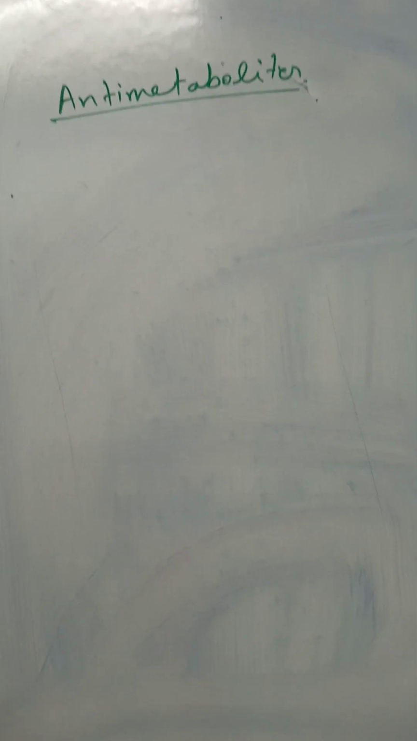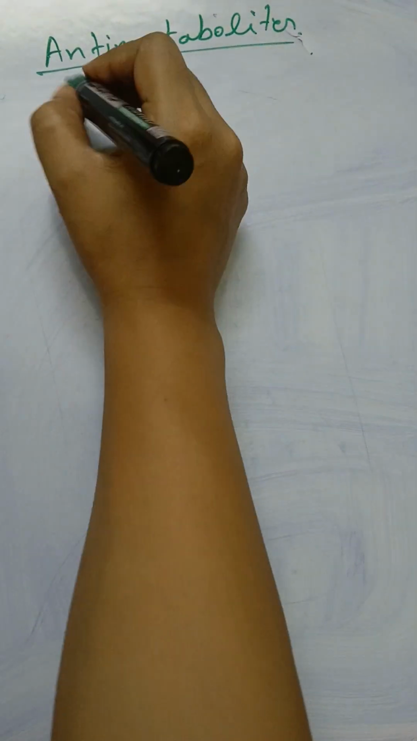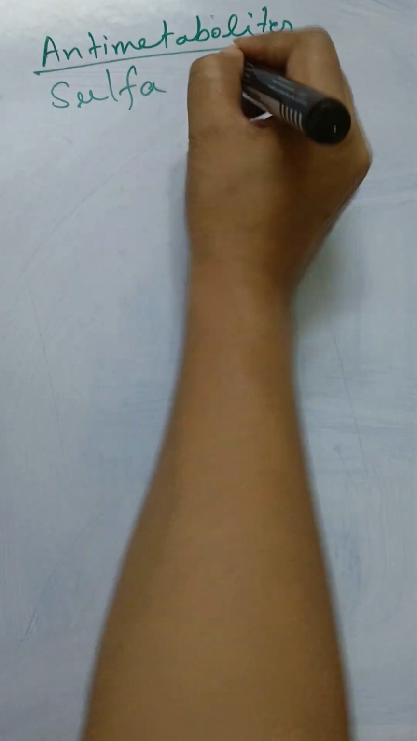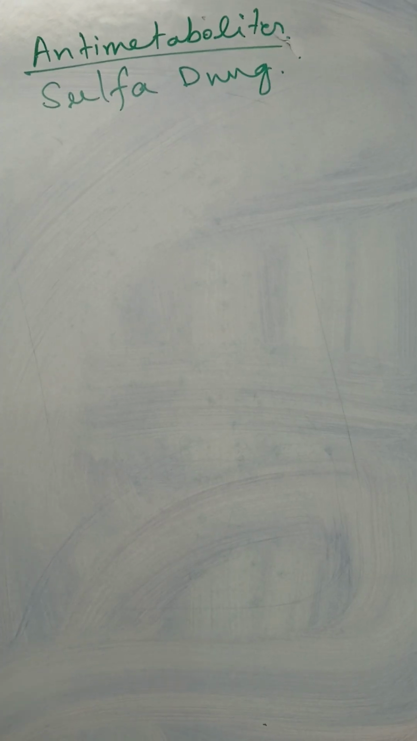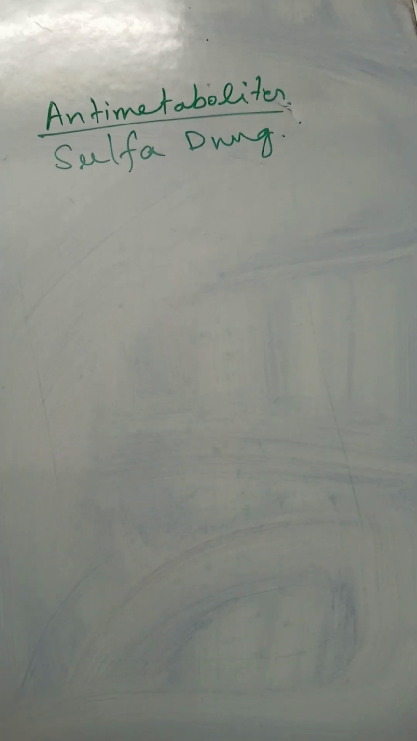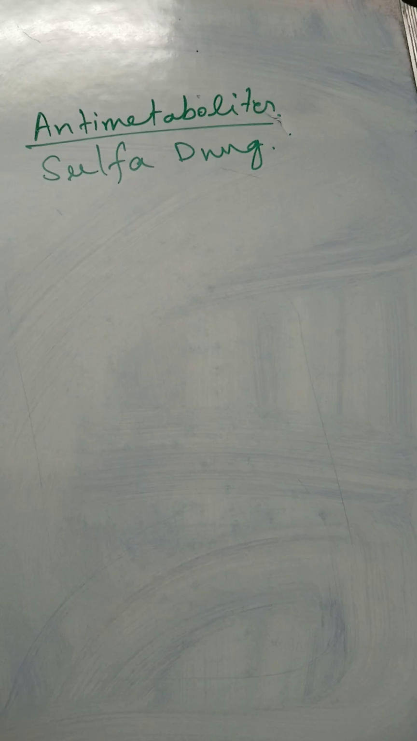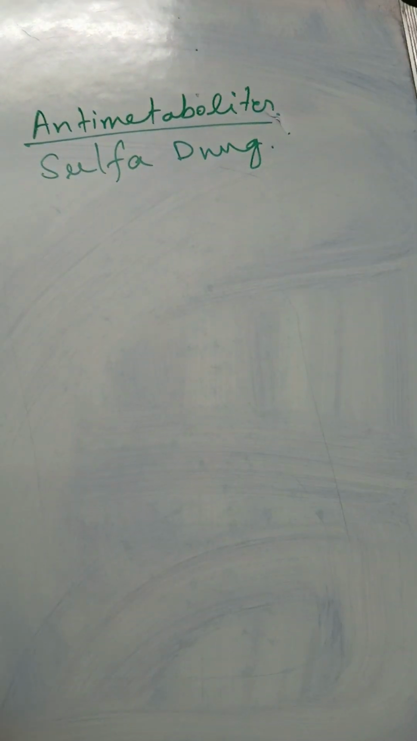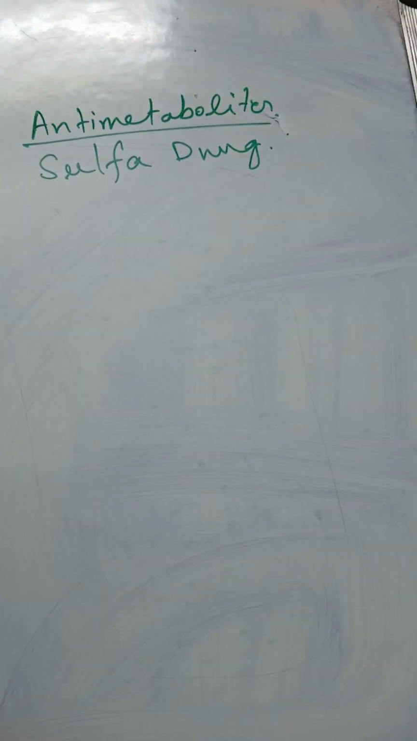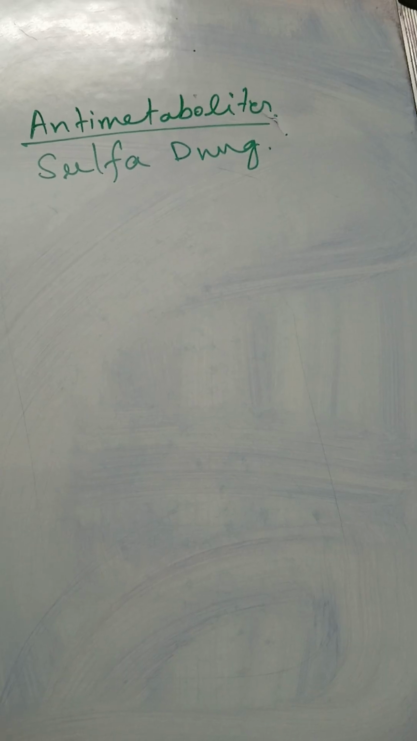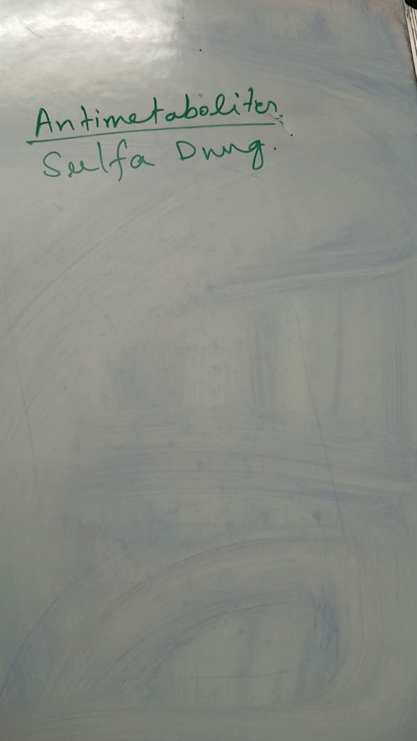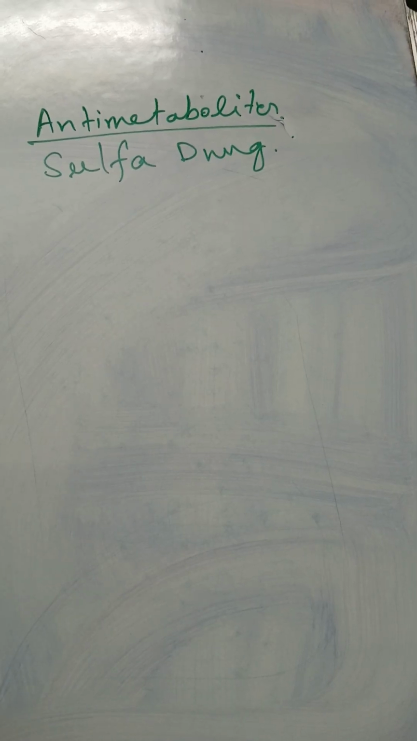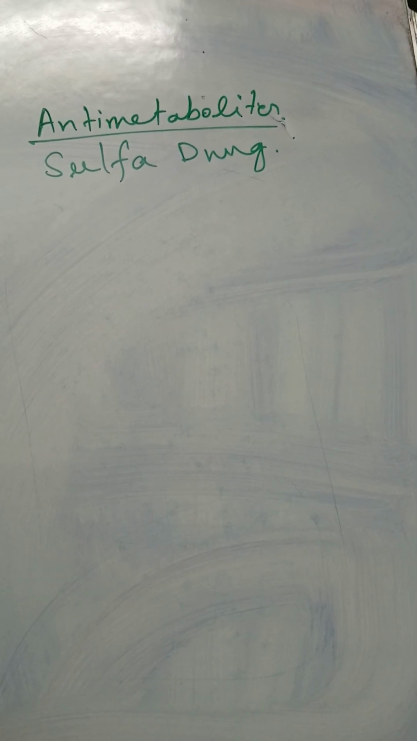Now, one example of an antimetabolite is the sulfa drug. I hope you have all heard about sulfa drugs at least once in your life. Now the mode of action of this sulfa drug is basically, first of all, that sulfa drugs block folic acid synthesis. It's very important for bacteria because we humans cannot synthesize folic acid, but bacteria can synthesize folic acid